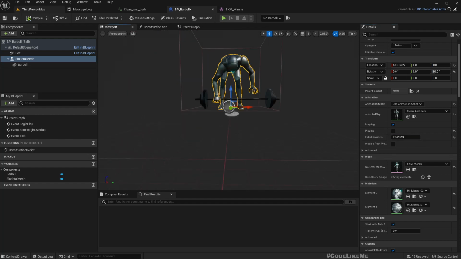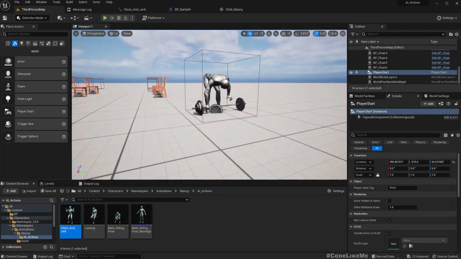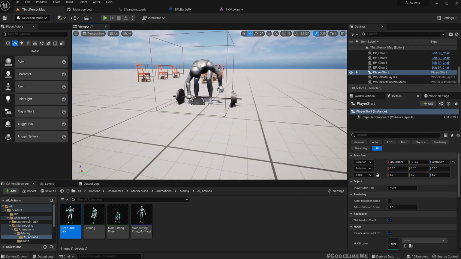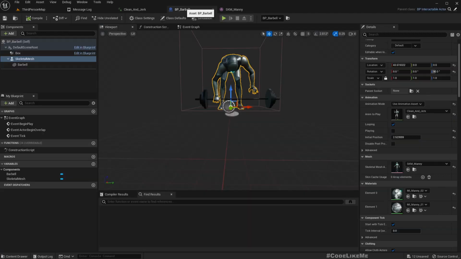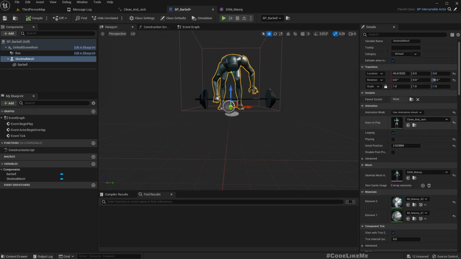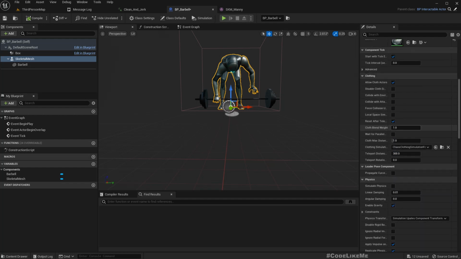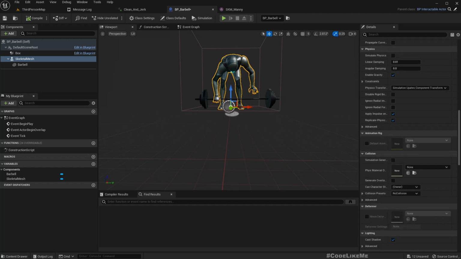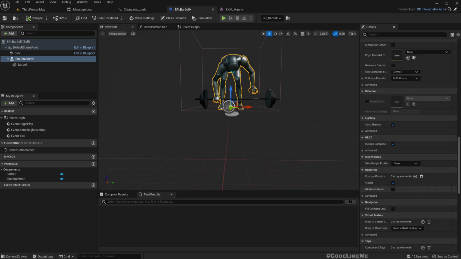So if I go to the world view now, the barbell is like this, and we have the character too, which is not required. So for now, I'll just make this character invisible before completely removing, because we might still need this to set up